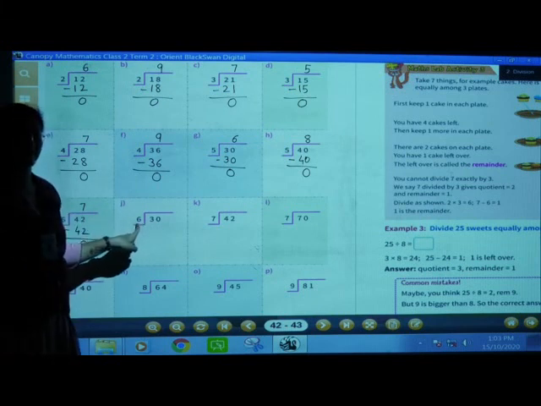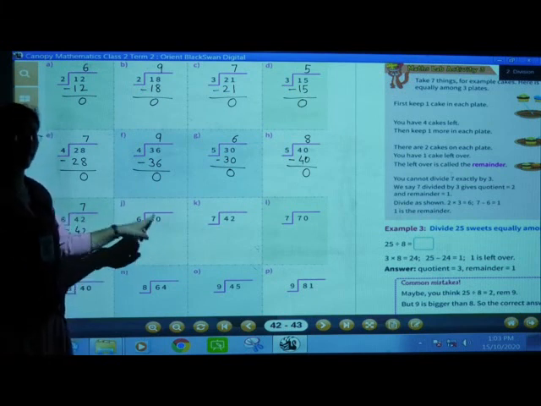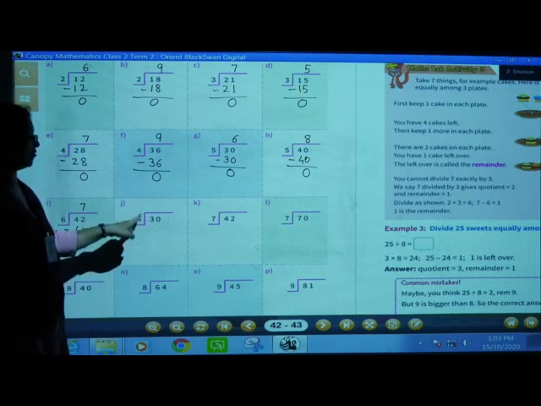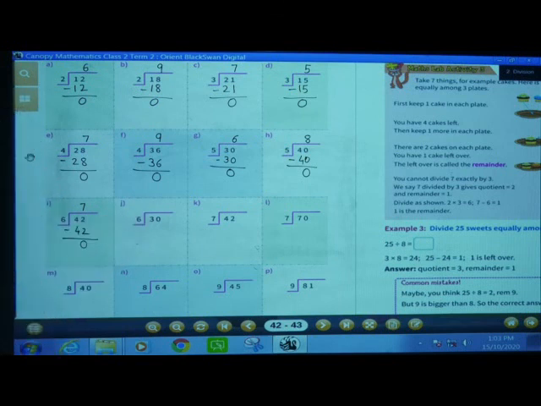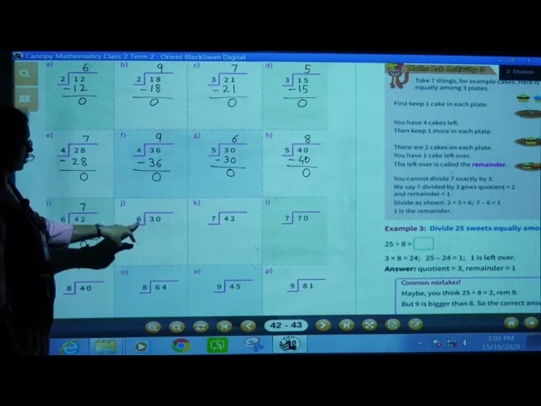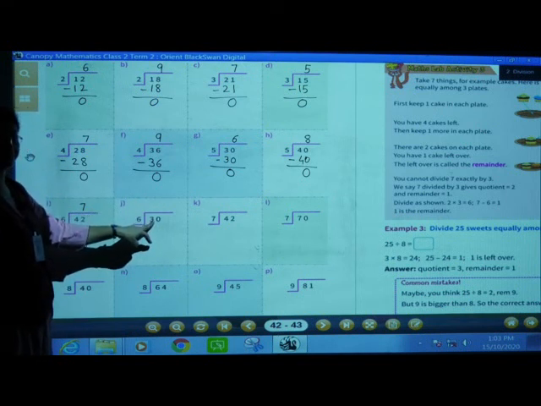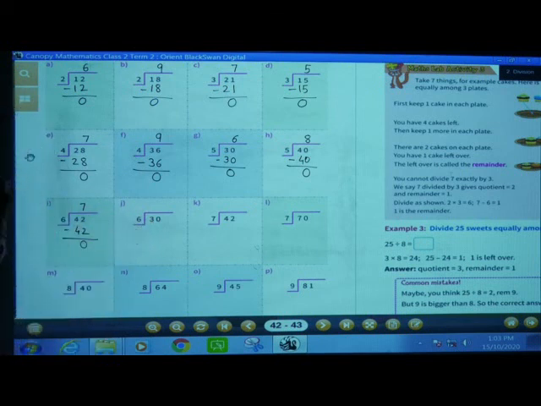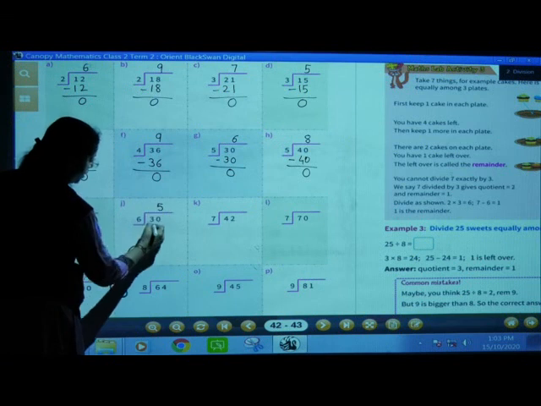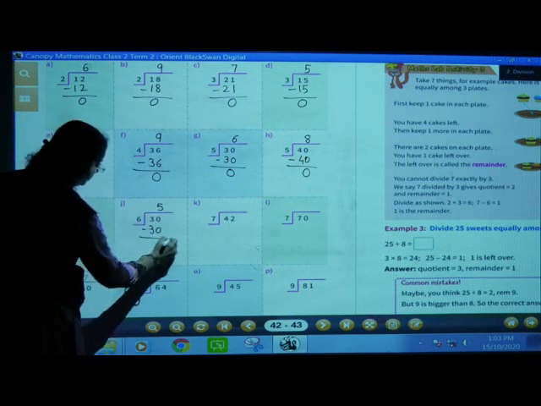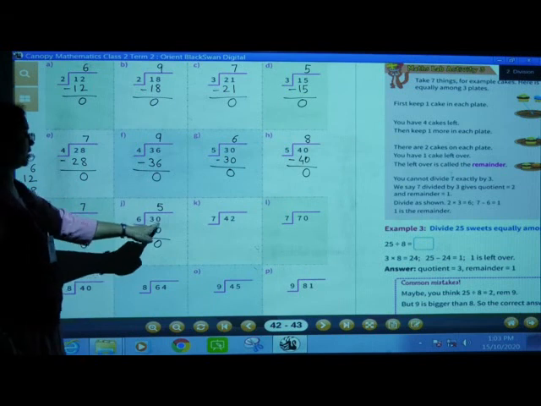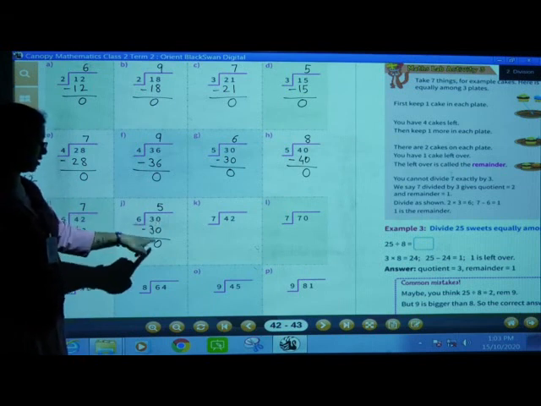30 divided by 6. 30 is the dividend and 6 is the divisor. Then what is the quotient? We will see. Say table of 6 till you reach 30. I will write here table of 6. 6 ones are 6, 6 twos are 12, 6 threes are 18, 6 fours are 24, 6 fives are 30. So, what is the quotient? 5. And subtract 30 from this dividend, means 30 minus 30, 0.